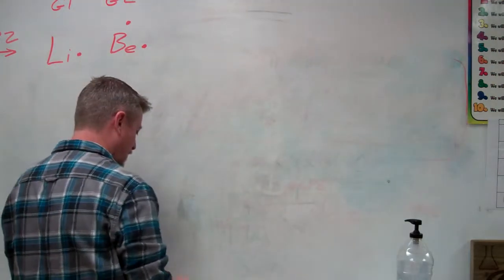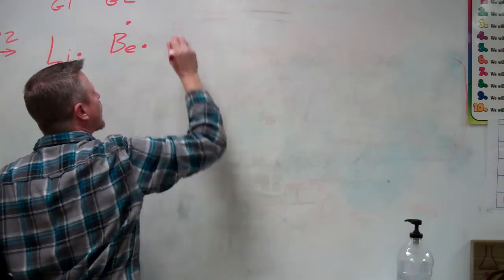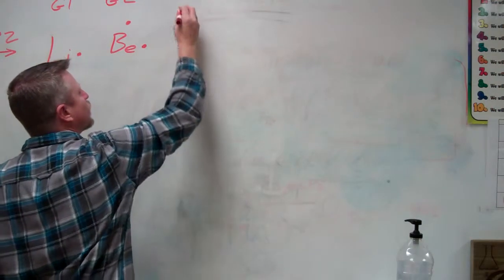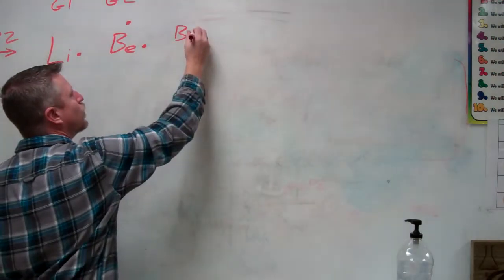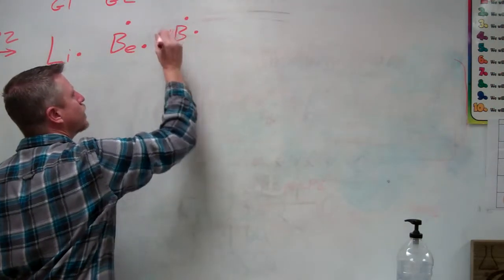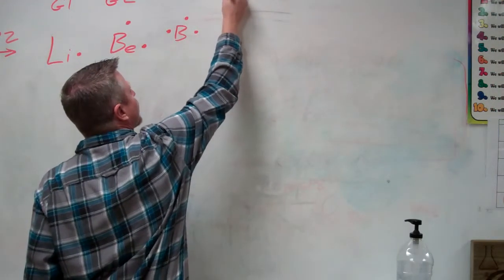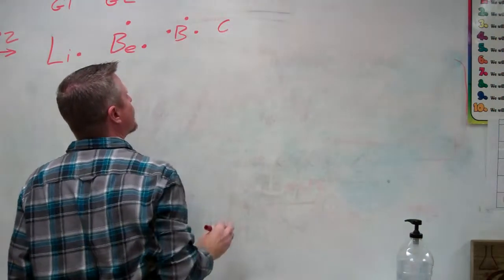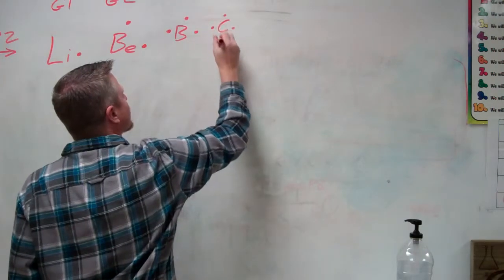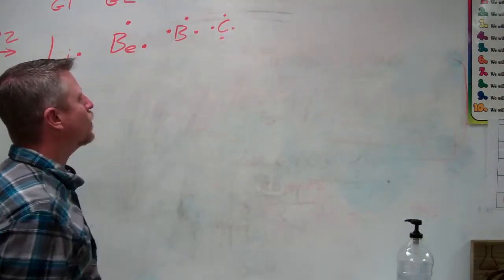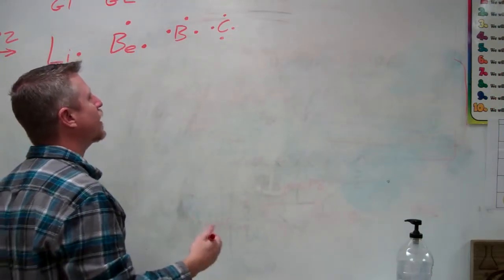So now we have group 13. And it's going to be boron. Remember, we ignore the 1. So how many valence electrons should that one have? 3. So we're going to go 1, 2, 3. Okay, then we have carbon right next to that in group 14. How many is it going to have? 4. I'm kind of riding uphill. I need to come back down. So it has 4. Remember that outer ring can hold 8 in period 2. Because it has 2 rings, so that second ring can hold up to 8. So we can keep filling that guy up.